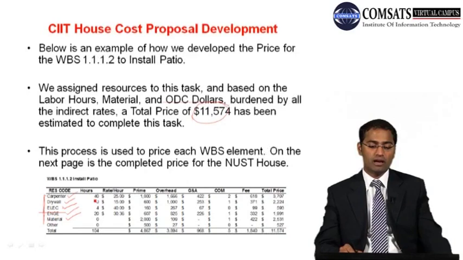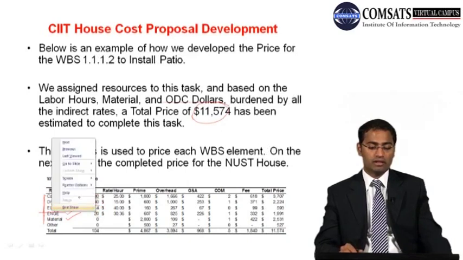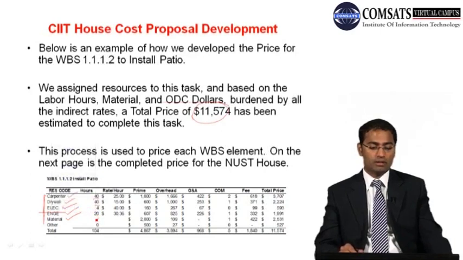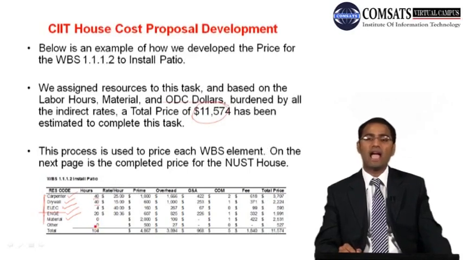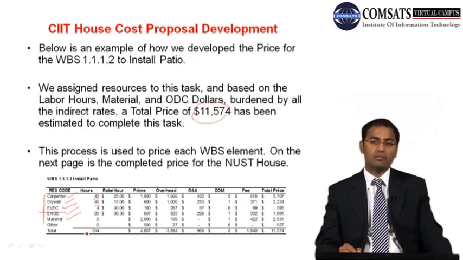Carpenter is required for 40 hours, and then drywall 40, and electrical is 4, and for engineering we are in need of 20 hours. As far as the material is concerned, we do not have hours for materials. Material has some rate. Now